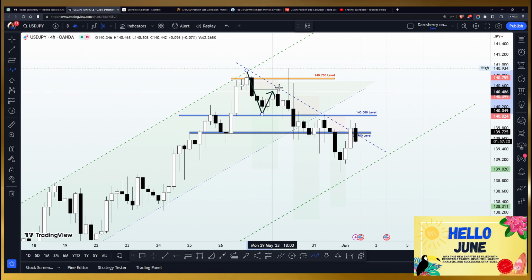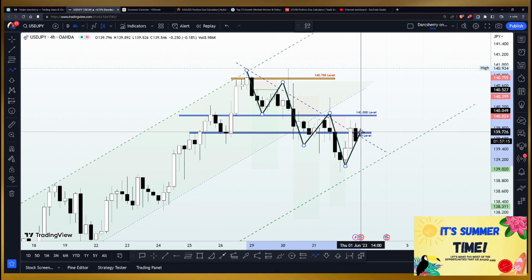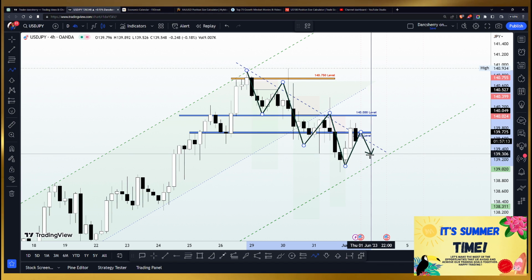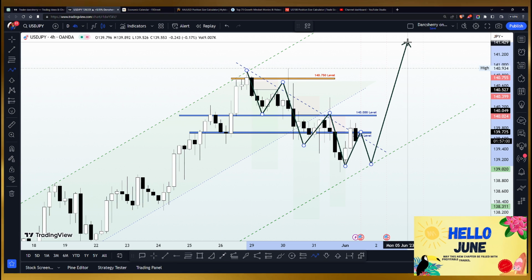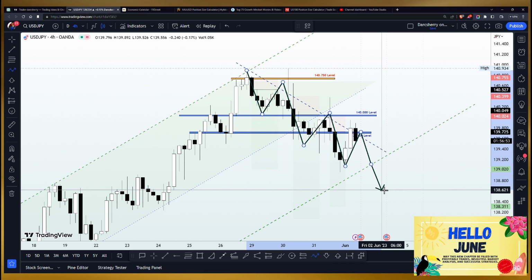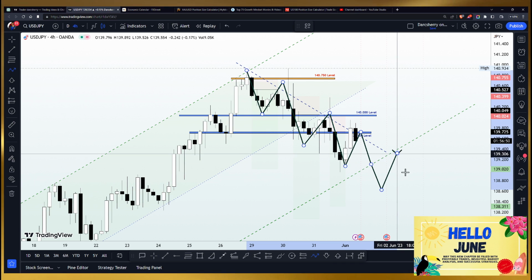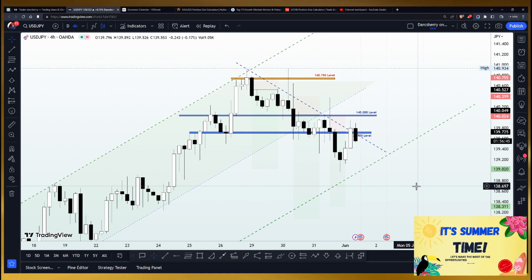And look at what we have been seeing since the beginning of the week: lower lows, lower highs, lower lows, lower highs, and price action is gradually approaching the support line of that ascending channel. With the situation we have here, we want to see if price action will come to respect the support line to incite another wave of bullish momentum, hereby maintaining the ascending channel, or we could actually see a breakdown of the support line to incite a sell-off in this market. So these are the things we are going to be looking at on this one.